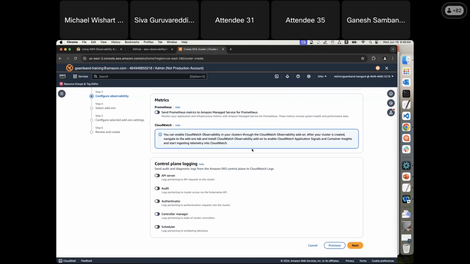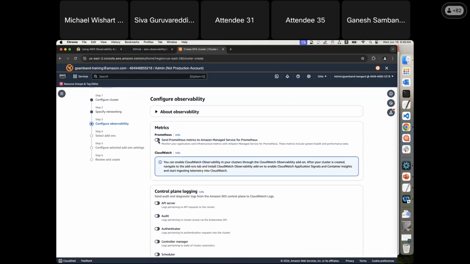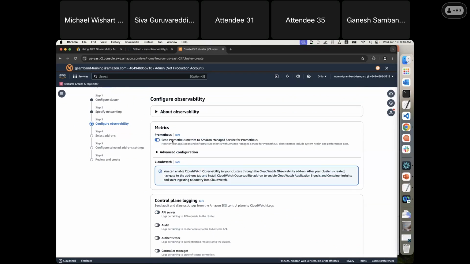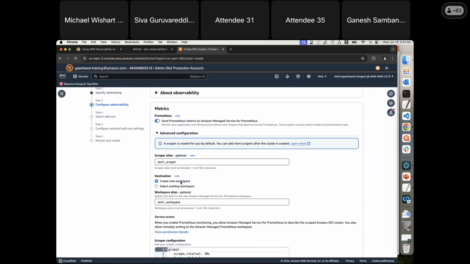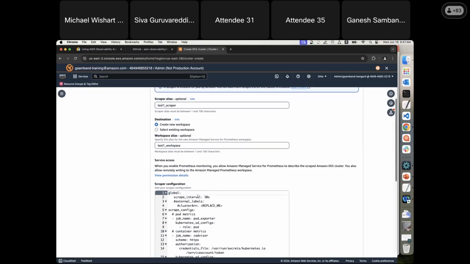When you go to the metrics section, you will have an option to select sending Prometheus metrics to Amazon Managed Prometheus. With this one click, it will create a new workspace if you don't specify an existing one, and it will manage all the scraper configuration.